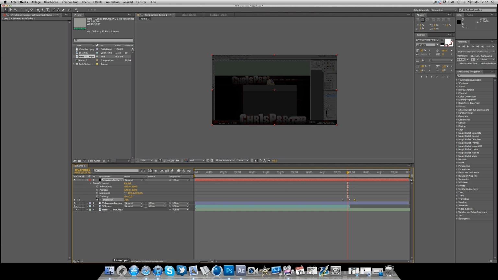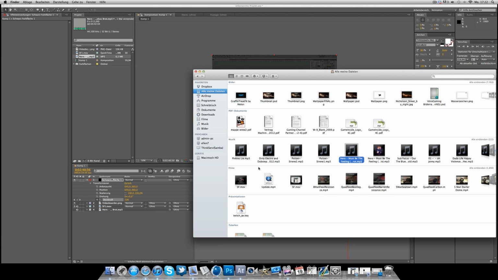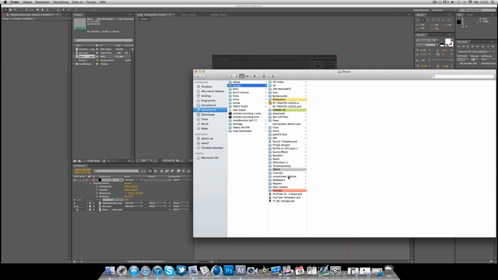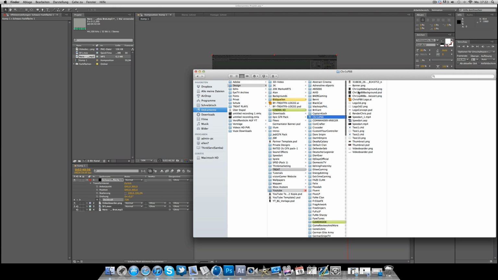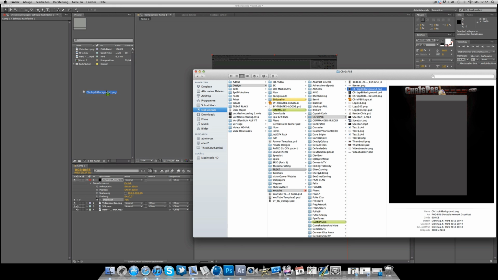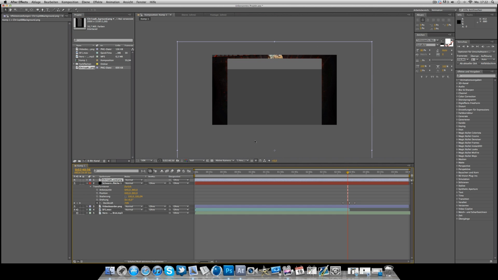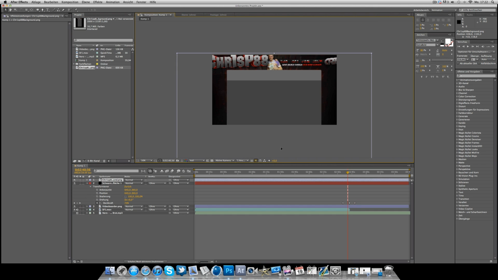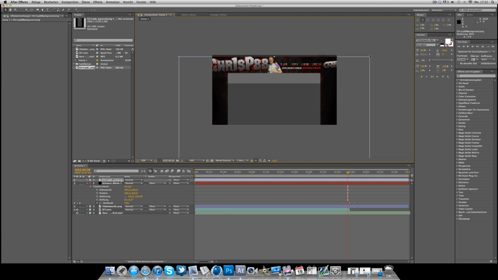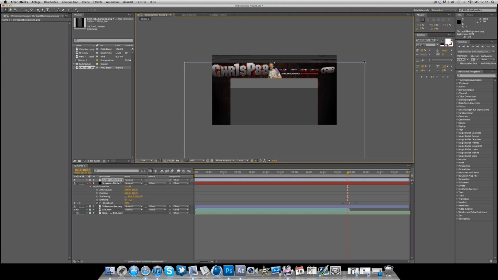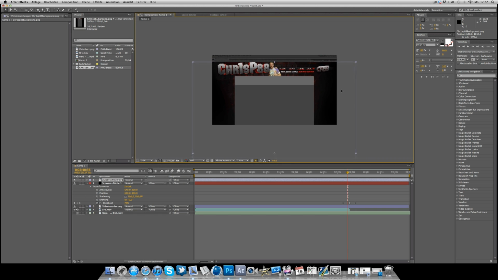And what we forgot now is the final image. I'm just going to look for it. Chris background. Okay, put it in your project section and just drag it on your video, on your composition. It's a little bit too big. We can make it smaller by pressing on this little rectangle here and holding shift. Just make it a little bit smaller, like this. And now we put this